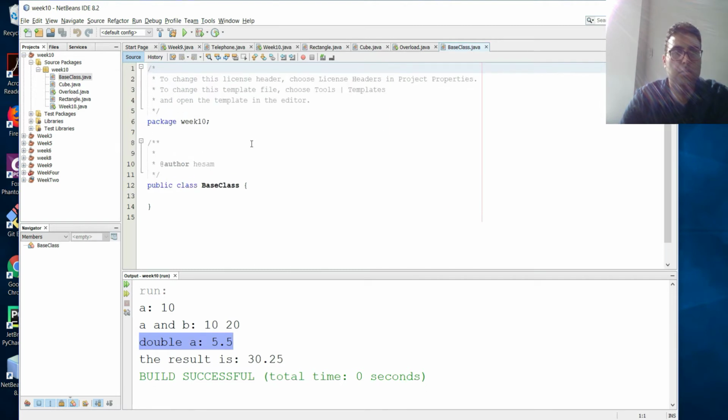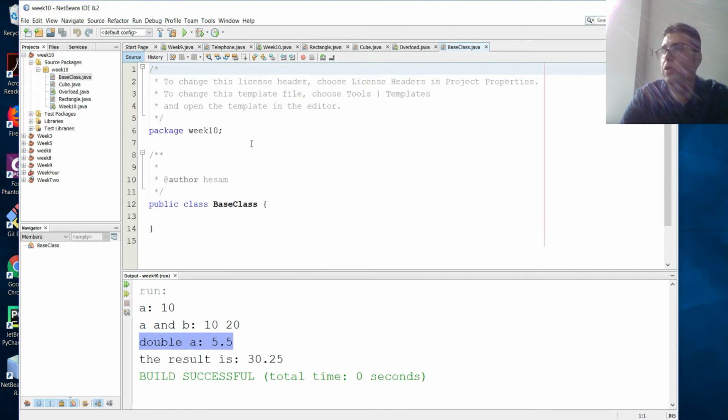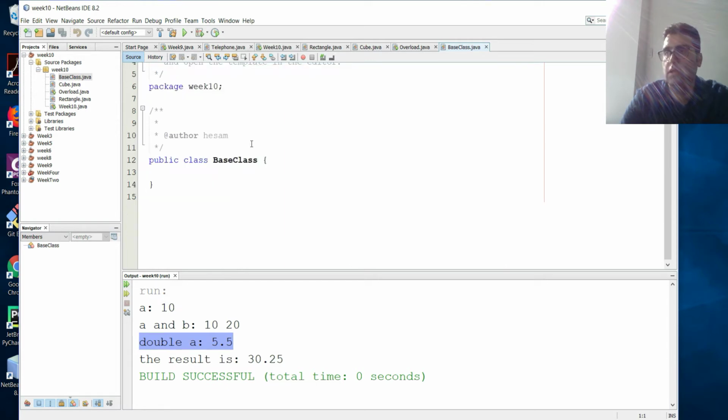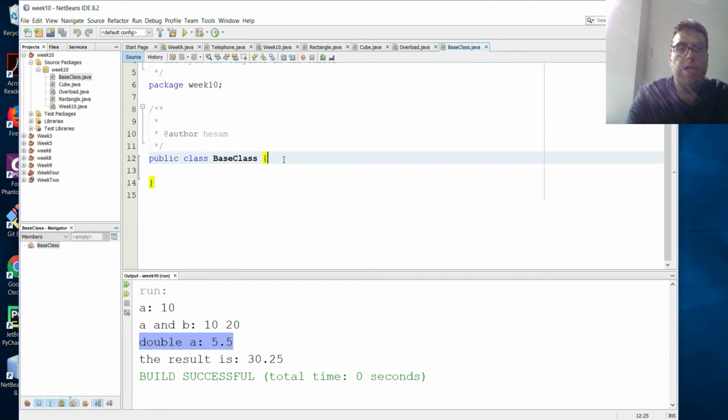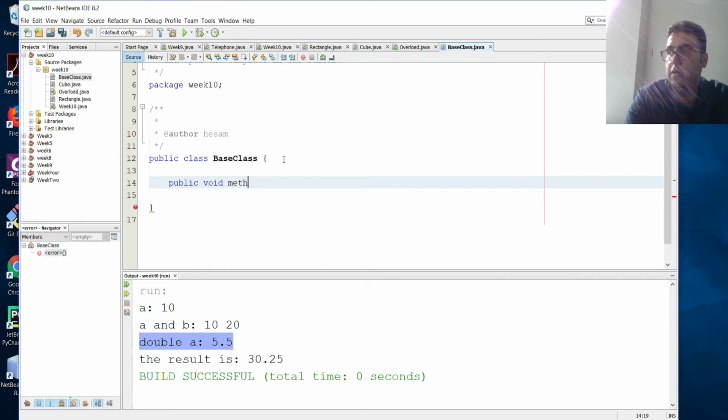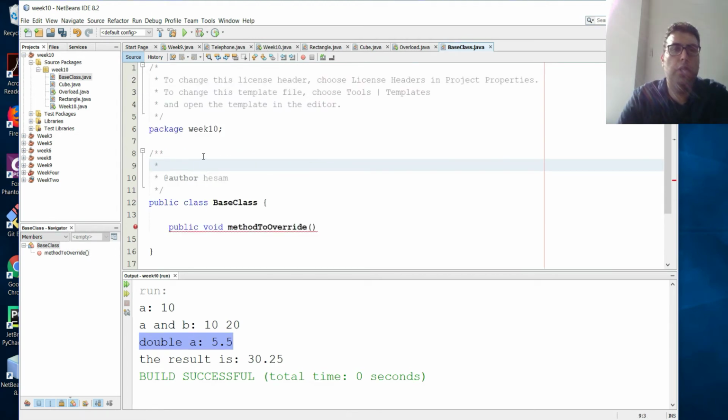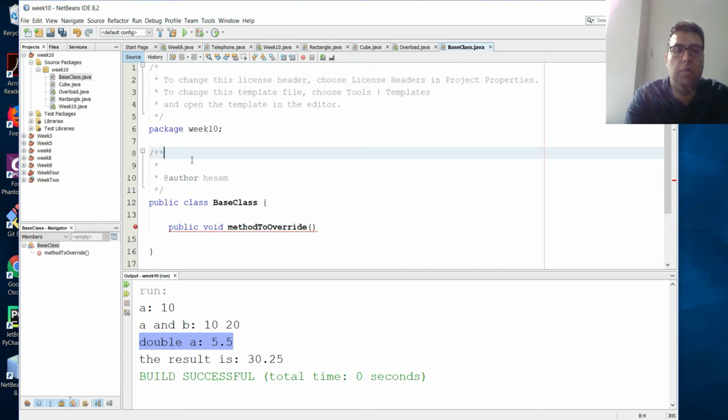So here in the base class, I'm just gonna create the method, call that method to override. So we talk about overload, there's something called an override. So there's a difference between those. An override is